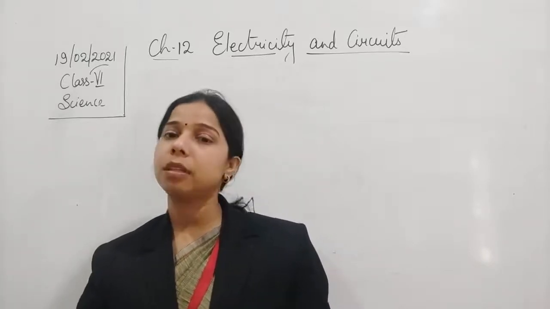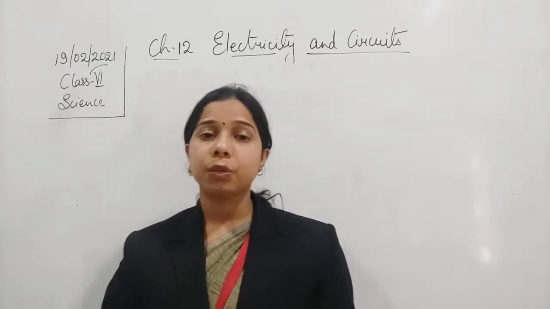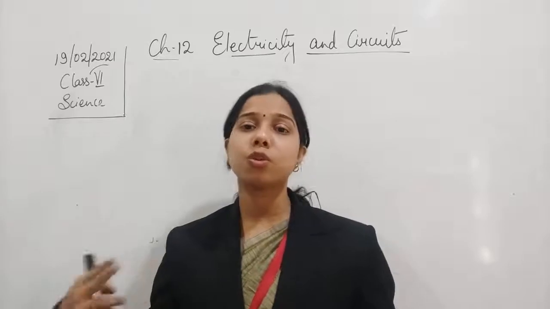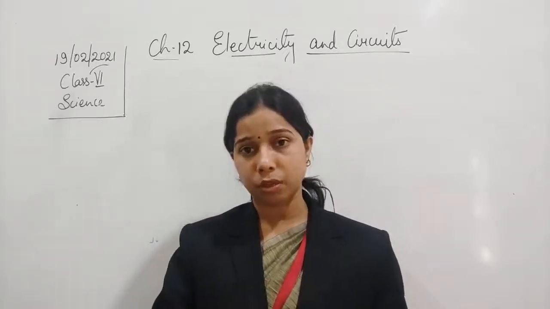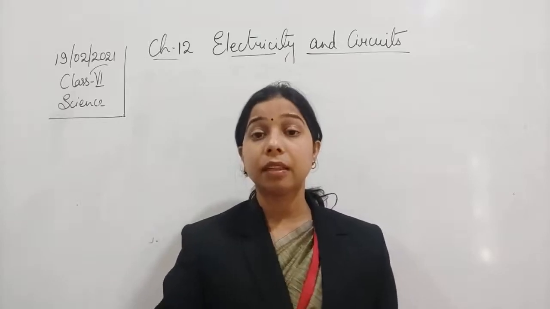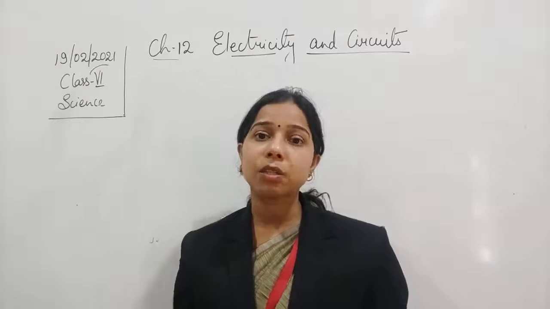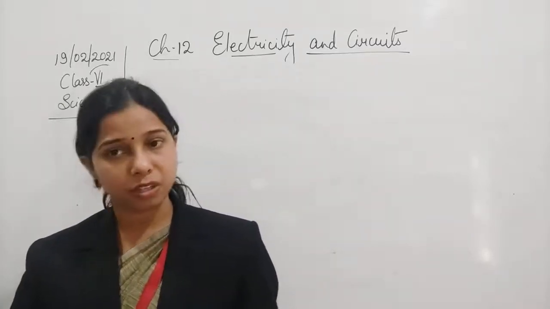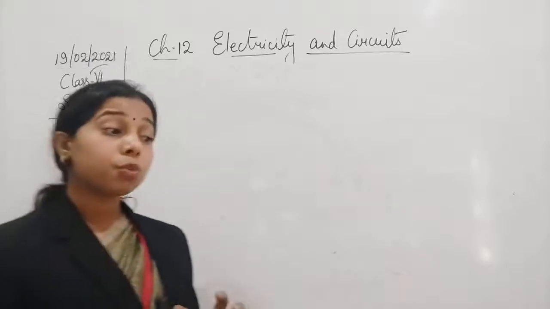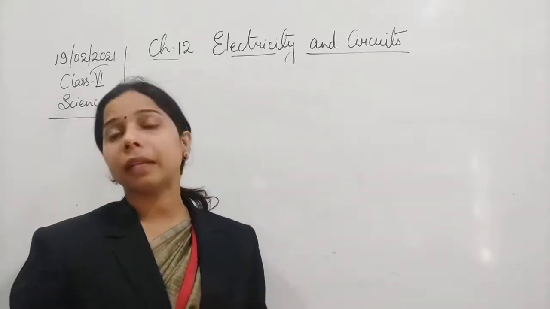You have noticed one thing, that whenever we use an electric wire, you will find that there is an insulation over the wire. So what is the need of this insulation? Basically, the insulation is plastic. The reason for having the plastic insulation is that it acts as an insulator. It protects the person from getting an electric shock.